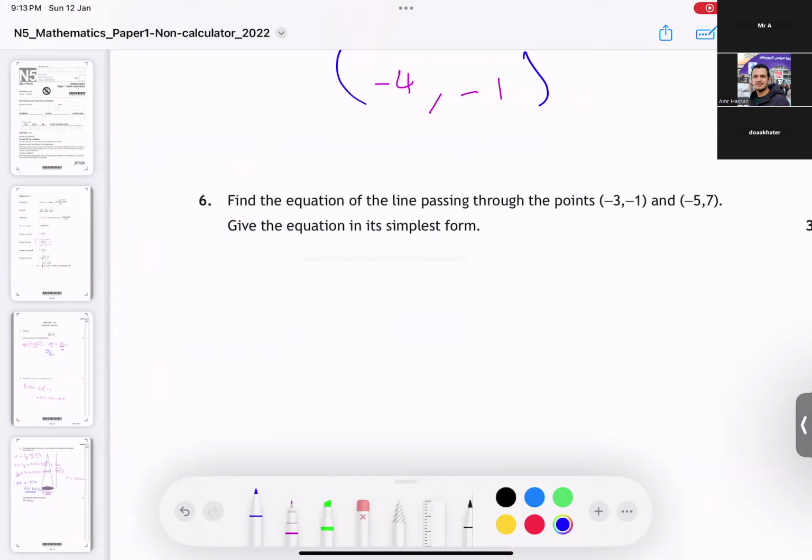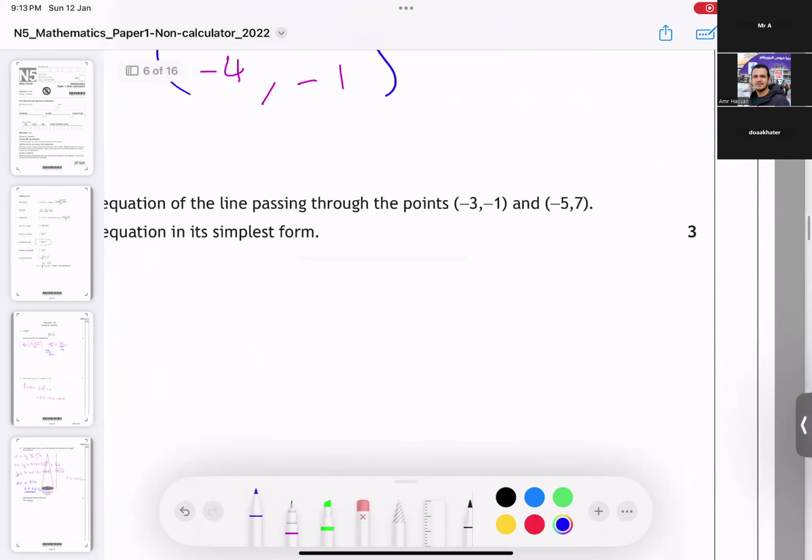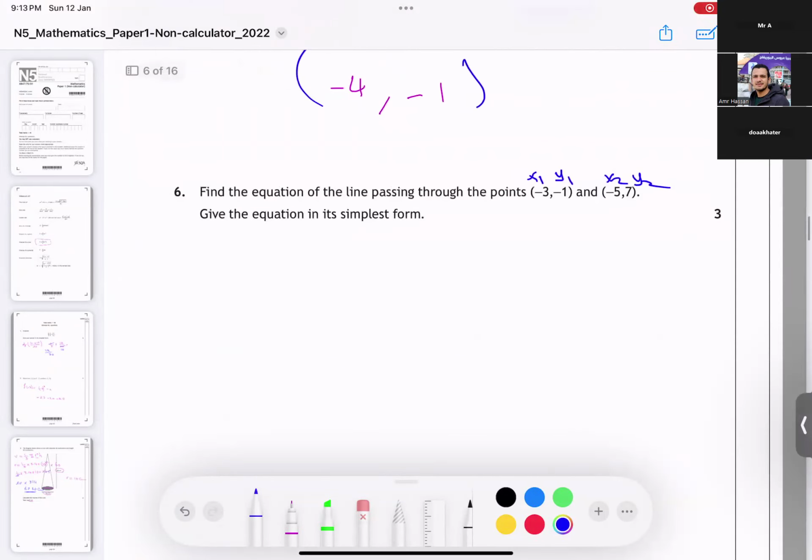How can I do it? -3 is x1. -5 is x2. -1 is y1. 7 is y2. So you do 7 minus -1, divided by